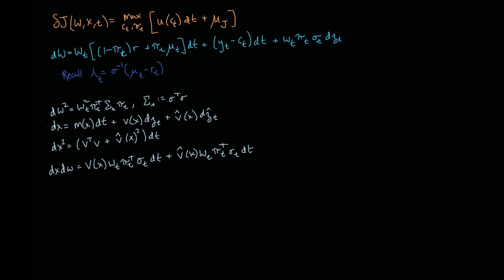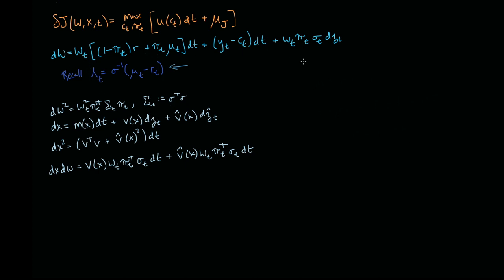Alright, welcome back everybody. Before we begin, we have a little housekeeping to do. We're going to do Ito's lemma, and so we need to know all these processes, all their squares, and all their cross terms. But I did forget in the first video to use the price of risk to further simplify